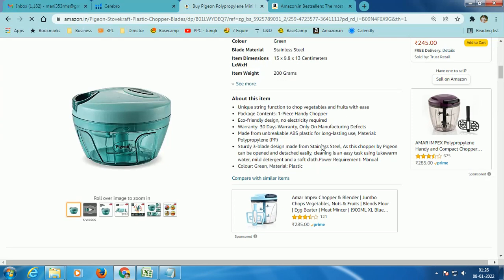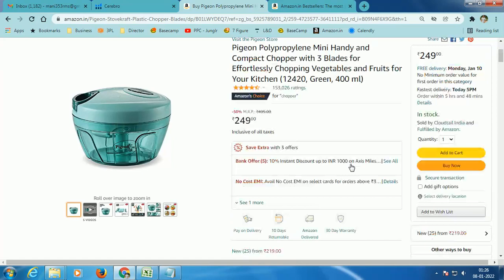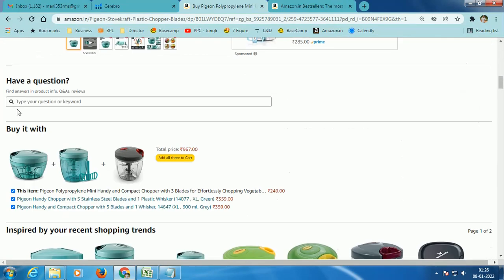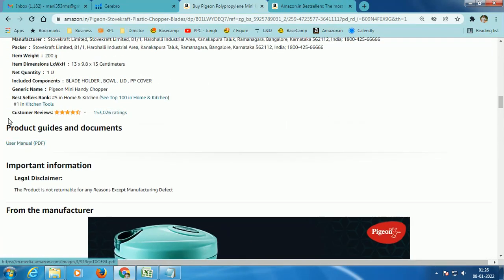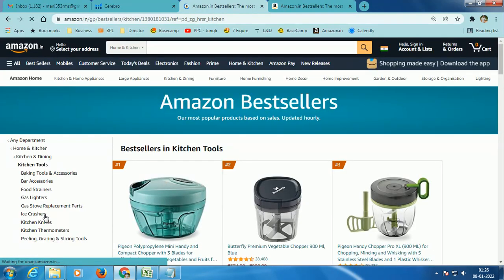How are we going to do that, right? It's very simple, guys. So firstly, let's assume you want to find keywords for this specific product, right? The first thing to do is you come to your bestsellers. Okay, how to go to your bestsellers? Now when you get to your product detail page, you have something called home and kitchen. This is your department, and you also have a rank for a specific category within home and kitchen. Now you need to click this subcategory here. When you do that, you will get to your bestsellers.